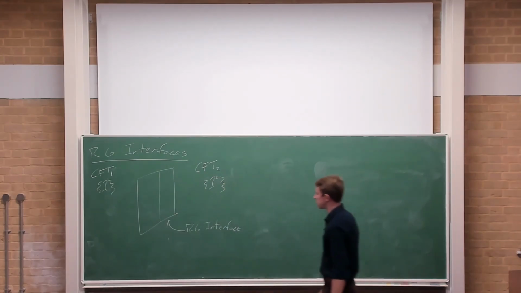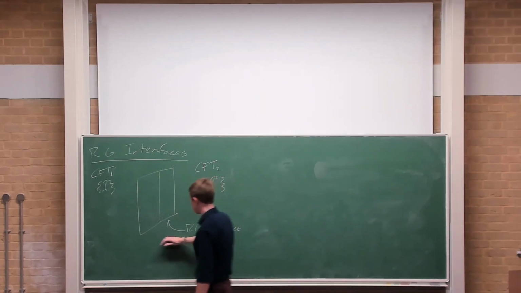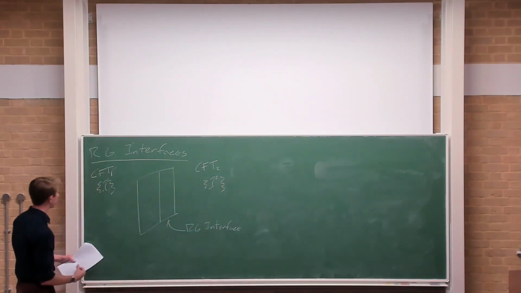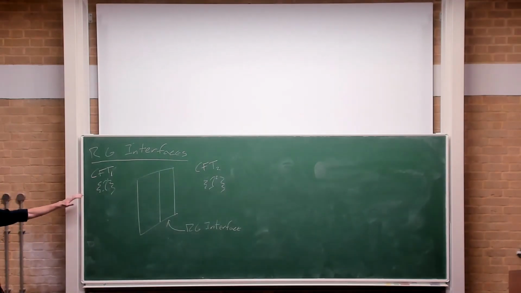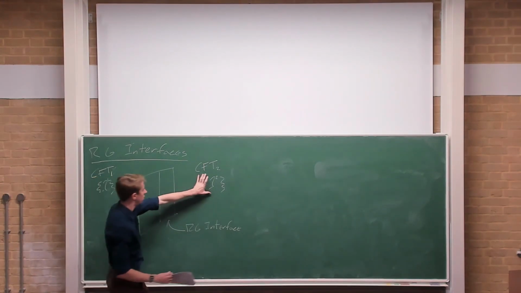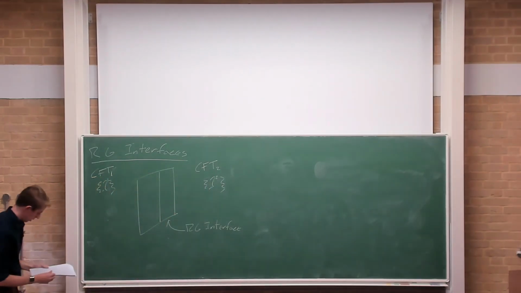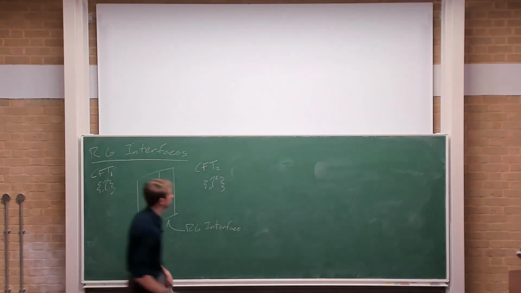And it's also been studied to a certain extent in higher dimensions, but generally one of the CFTs has been taken to be free. But in principle, you don't need to do that. You can have them both be interacting and have lambda non-zero. And what happens? So now we again